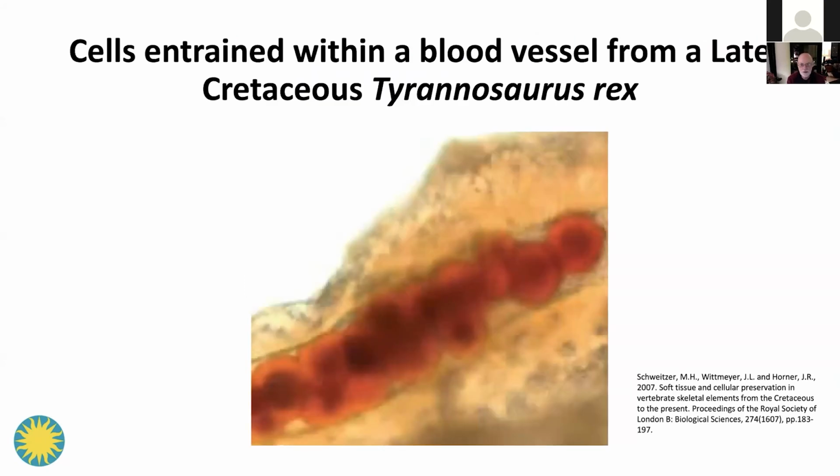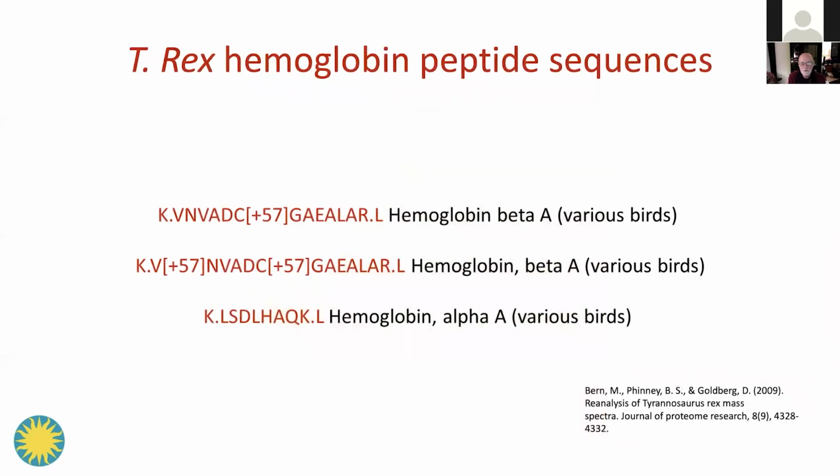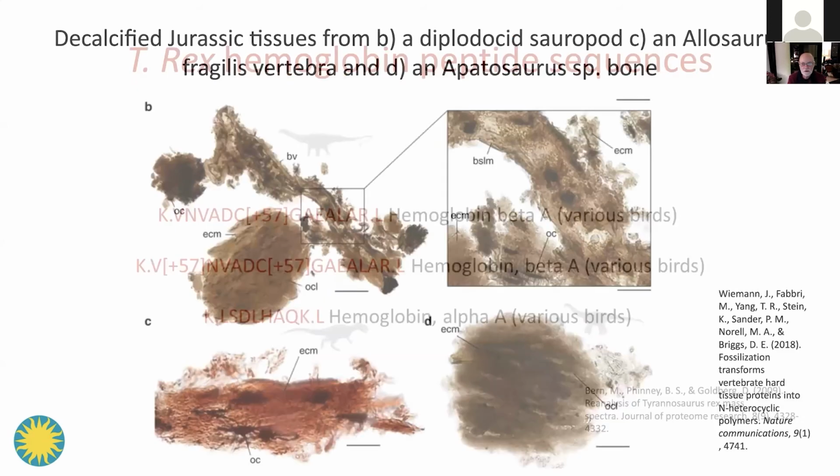This is a micrograph of red blood cells from dinosaur soft tissue. And she has published work where she has reported sequencing hemoglobin from the soft tissue she's been able to isolate from dinosaur bones. Again, a lot of people who do similar types of science have not been able to repeat this work, but I think everyone hopes that Mary is right.